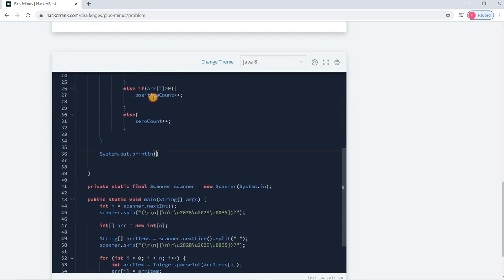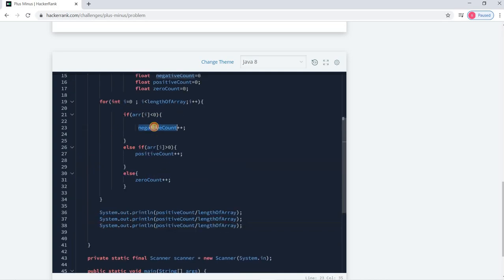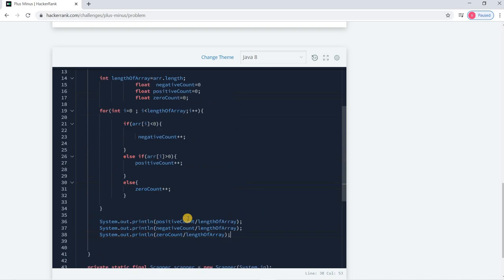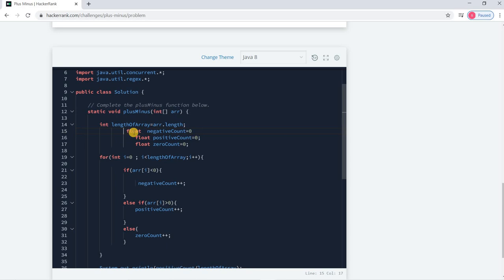So positive count by length of array, then negative count, then zero count. So that's pretty much it for this particular problem.